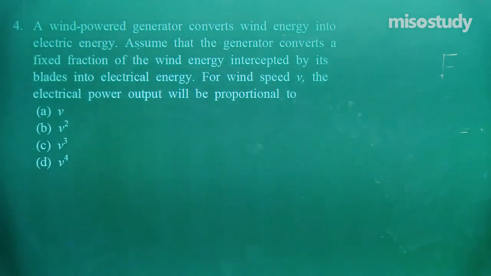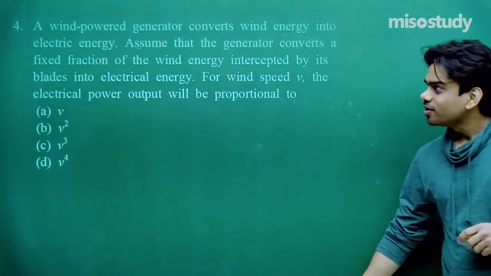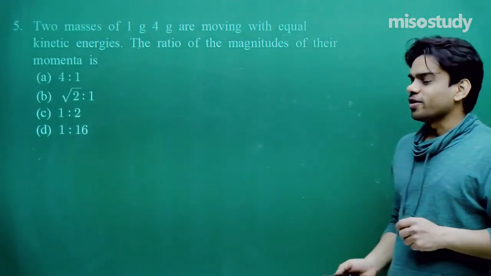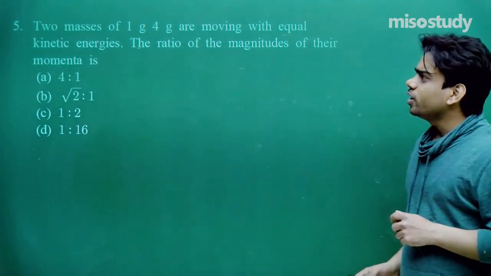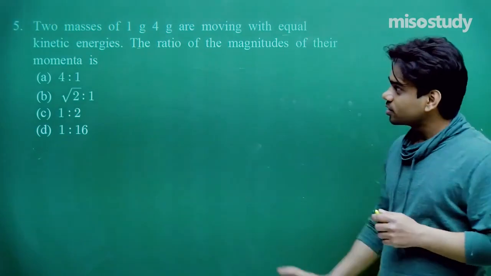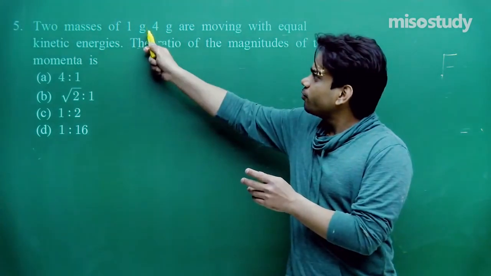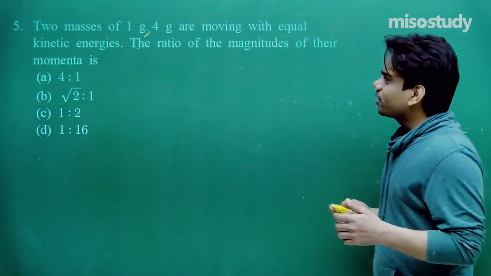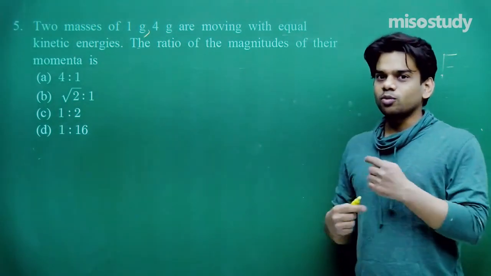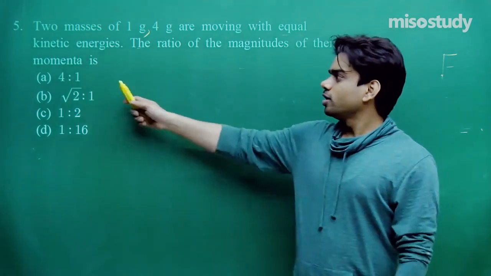Now let's go ahead with the next one. The next question of the day, after question number 4, is question number 5. Two masses of 1 gram and 4 gram are moving with equal kinetic energies. The ratio of the magnitudes of their momenta is, we are talking about the momentum, that is momenta in plural,